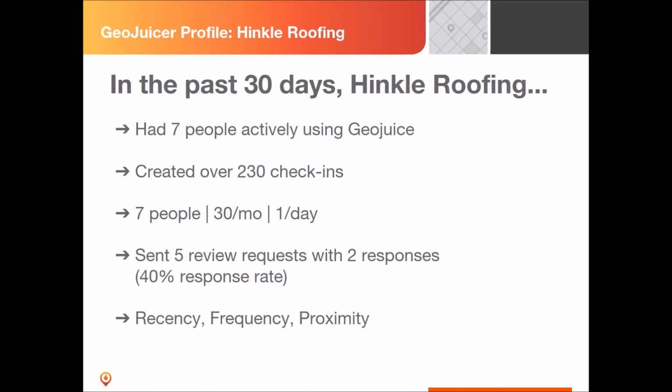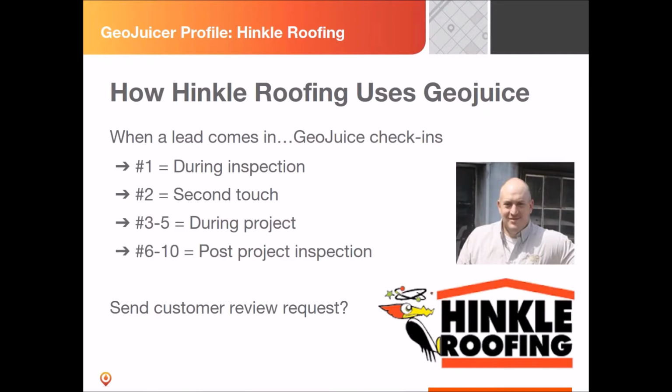There's at least 7 people on the Hinkle Roofing team using GeoJuice, and in the past 30 days, over 230 check-ins. Remember recency, frequency? They're very recent and very frequent when it comes to GeoJuice. So amongst those 7 different people, between them they're doing about 30 check-ins a month, or at least once a day. And then they're getting review requests out, which I'll get to later on in this presentation. The way they use it is spot on in terms of achieving that goal of recency, frequency, and proximity. So with that, Jeff, if I could pull you back in,